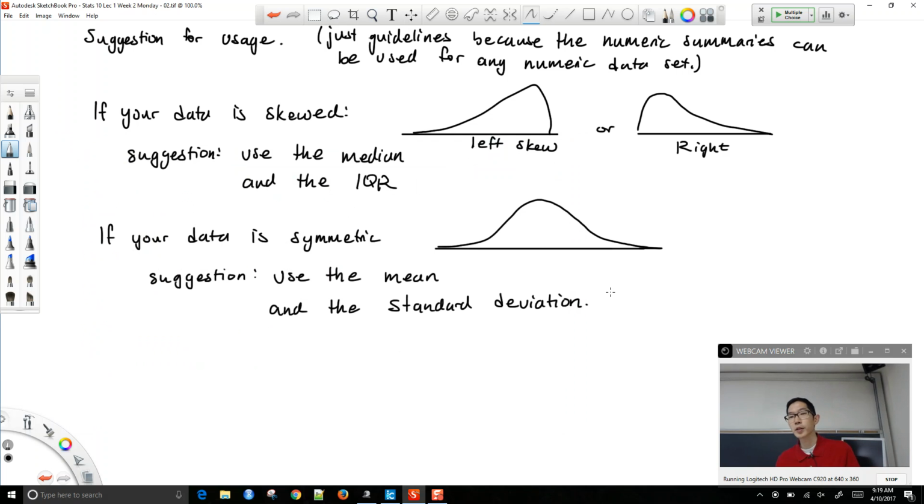Okay, and again, any of these numeric summaries can be used for any numeric data set. These are just suggestions, okay? And part of the reason why we have these suggestions is that the median and IQR